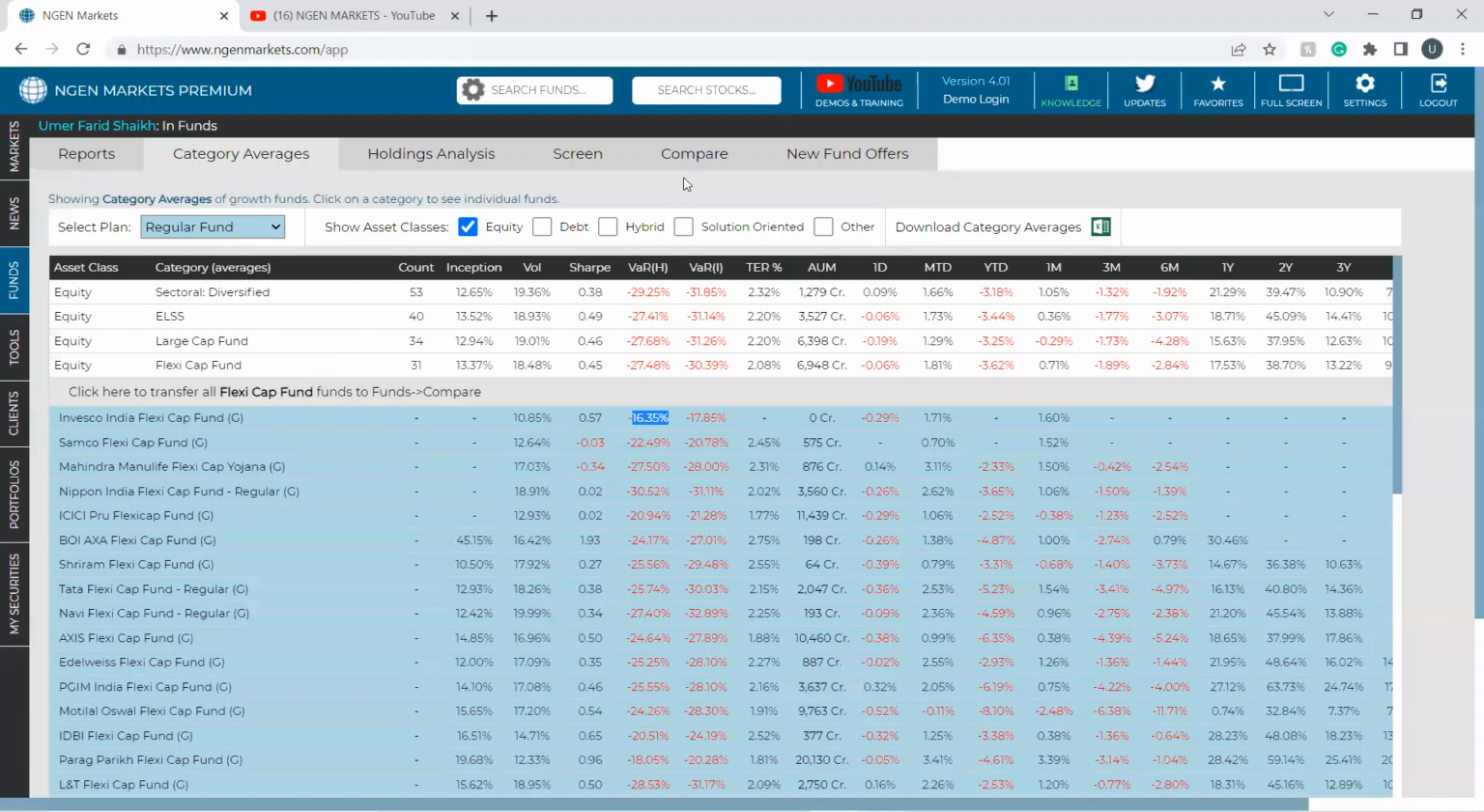The next update is in the funds compare. So within the funds compare, as you can see here,